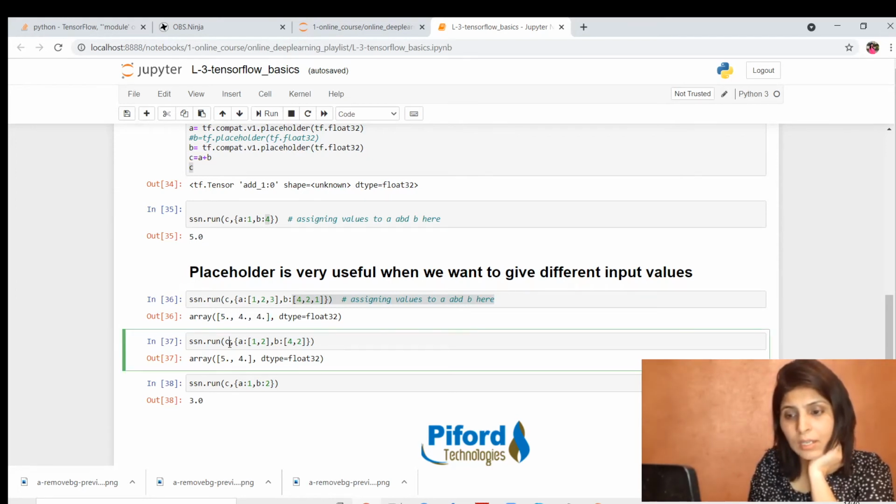And then again I'm running a session on that C variable. This time this list has 2 items and this list has 2 items again.